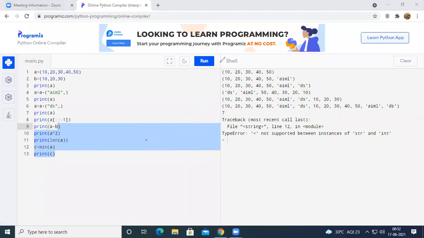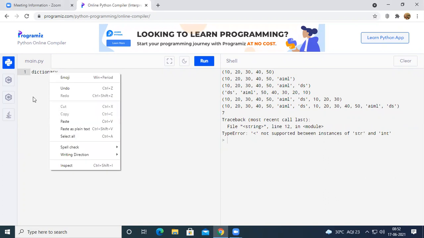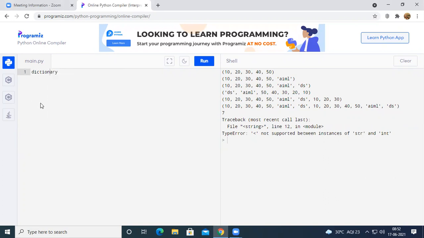So let us start with the dictionary. In a dictionary, we have to provide the key and value pairs. For example, in A, if we want to store a dictionary, we have to use curly braces.